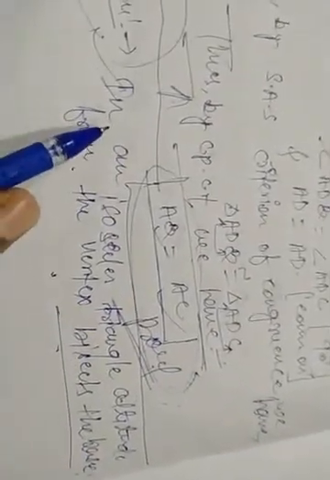This is the converse of the previous theorem. In the previous theorem, just opposite to that, here we have to show that in an isosceles triangle, the altitude from the vertex bisects the base. So you can prove this theorem on your copies.